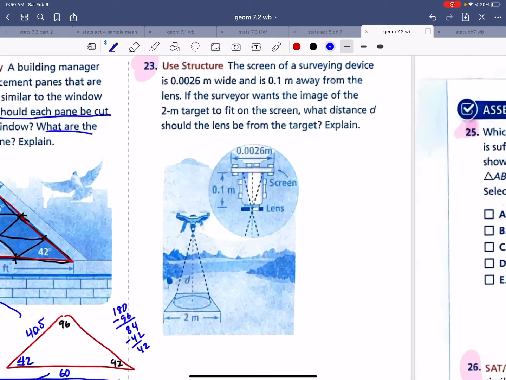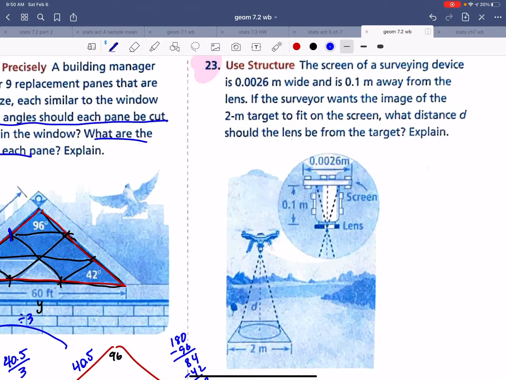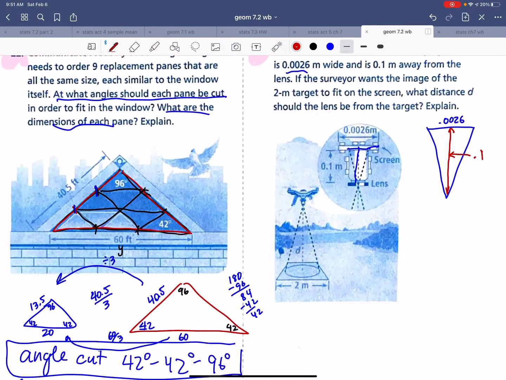23. A survey device's screen is 0.26 meters wide, and so I have a triangle, 0.0026, and then the width of that is 0.026, and the height of that triangle is 0.1. Now, if the surveyor wants an image, and this is exactly how this works on similar triangles, we know